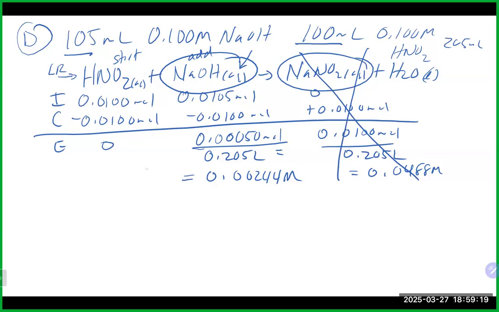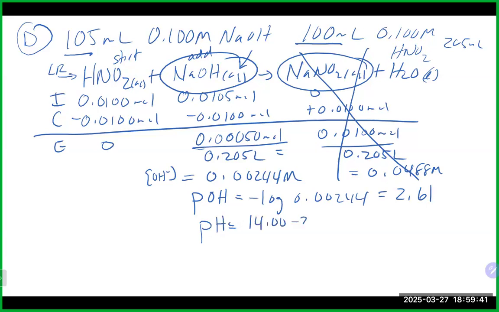That means that we then have the hydroxide concentration going into our pOH. That's going to give us a pOH of 2.61, and that will get us our pH of hopefully basic 11.39, which definitely is basic in this case. So hopefully we saw there it went up as we're doing our titration. Any questions on that there? All right, so that pretty much